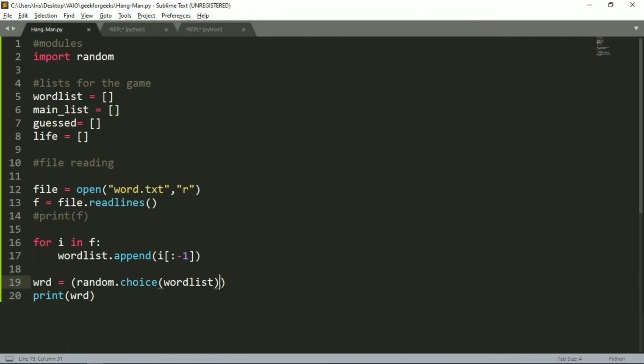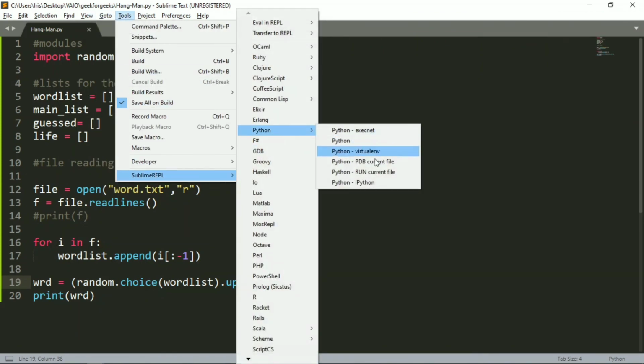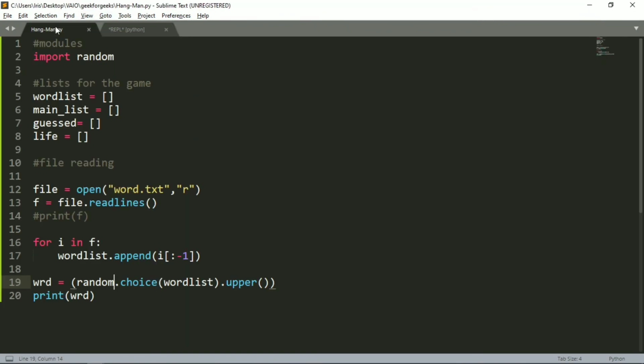And also I'll just create another improvement in it. What I will do is the whole word present I will uppercase it, so all the alphabets in the word will get uppercased. Okay, let me run that and show you quickly. And now with the random module present, it's obtaining certain random words which we do not even know which is going to come, which will improve the game playability. Okay, so let me run this. So now it took wool. The last time it had taken silk, now it took wool, and we also see that all the alphabets are capitalized, which we require. It's working perfectly. So the main portion where we are creating certain words in our program is working perfectly.